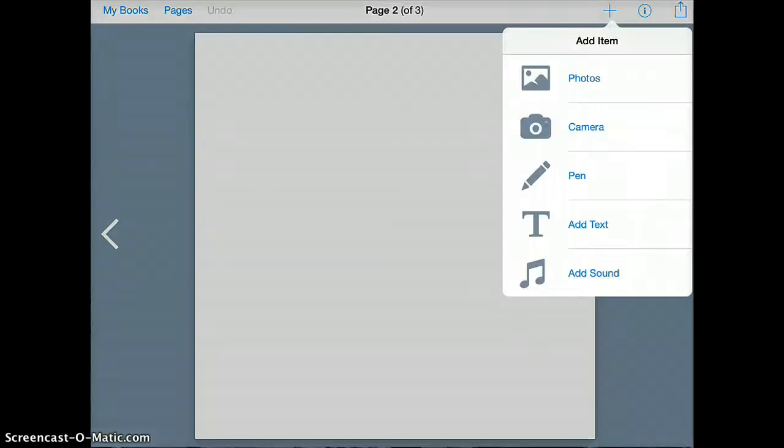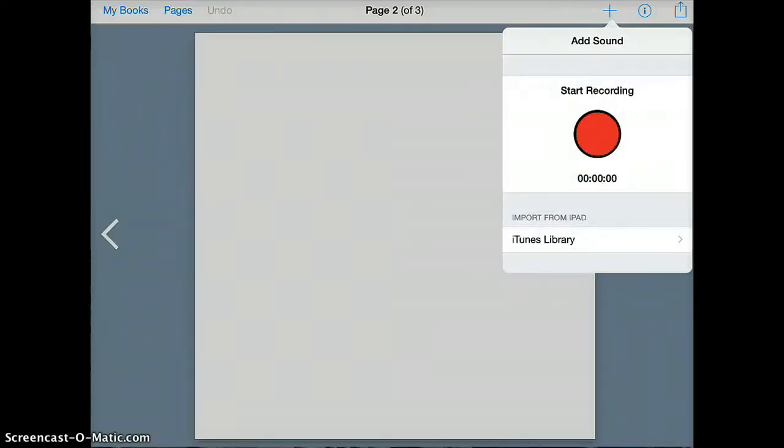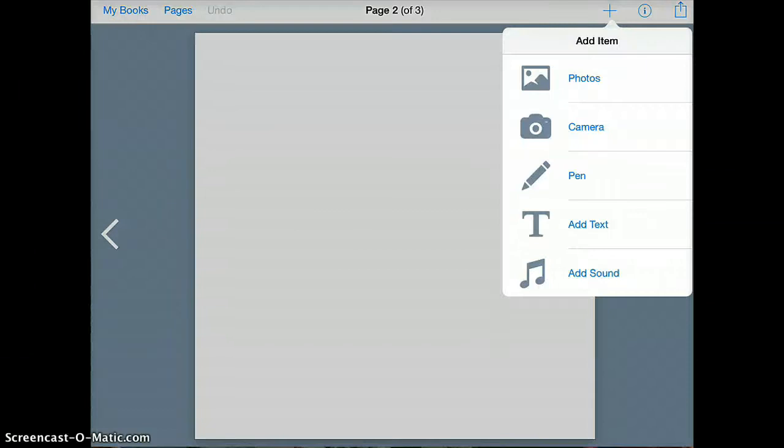Click this arrow. Keep it flowing. Add photos. Add text if you'd like to type the text of your book. But do make sure to record yourself reading each page. That is really important. If I'm adding a picture from the camera roll that I've taken from the internet, same